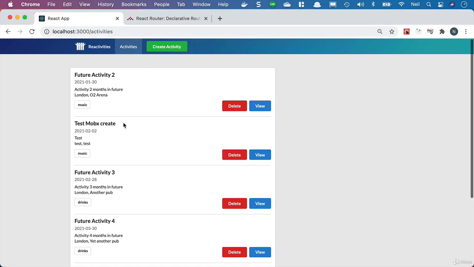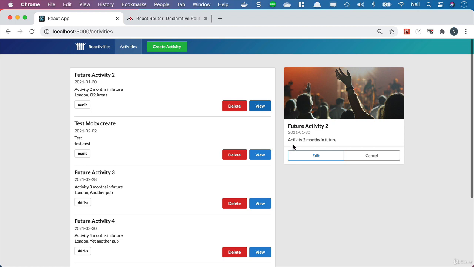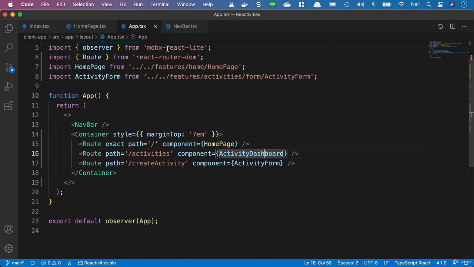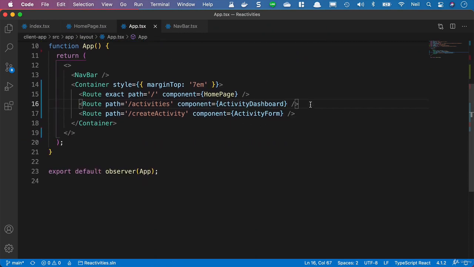Okay, what we're going to take a look at now is adding details links so that when we click on this view button, instead of opening up on the right hand side, we get taken to a view of this component in its own route. So what we'll do, we'll go back to VS Code, and inside our routes in the app.tsx, let's just copy